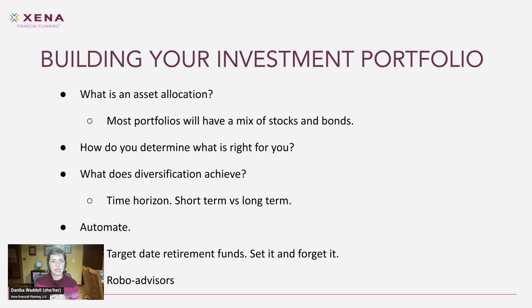The last thing on this list is robo-advisors. So robo-advisors are places like Betterment, Wealthfront, and some of the big custodians like Schwab have a robo-advisor option. And you're paying for that. So it's not free, but it's a relatively low cost service. And it's a robo, it's not a person, that makes these decisions about rebalancing your portfolio based on their tolerance for how close to a target you are.